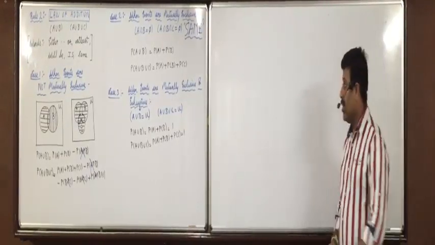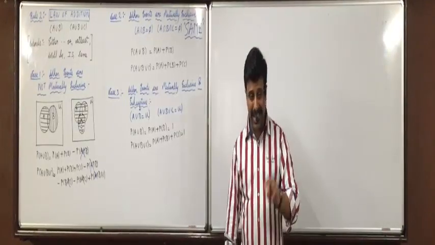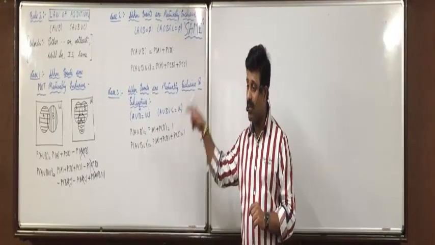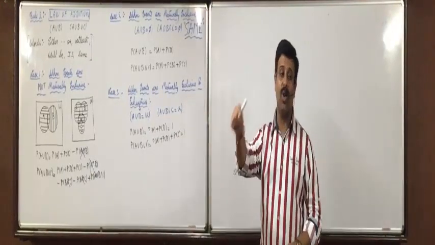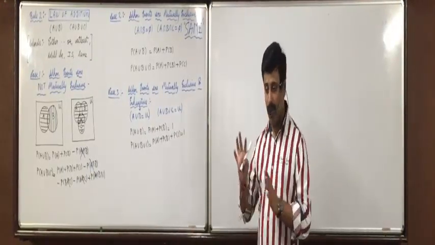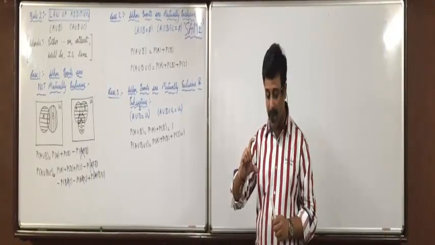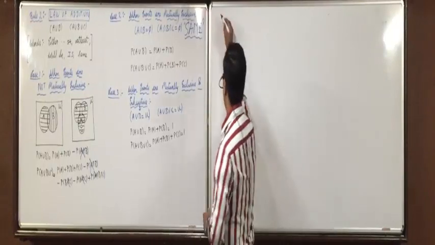All are clear with this? Now, actually exercise 1.2's last 2 questions were remaining. But the reason why I have taken this is because this formula is used in exercise 1.2 also. That's why I have taken up these rules before doing the last 2 questions of exercise 1.2. Take out exercise 1.2.